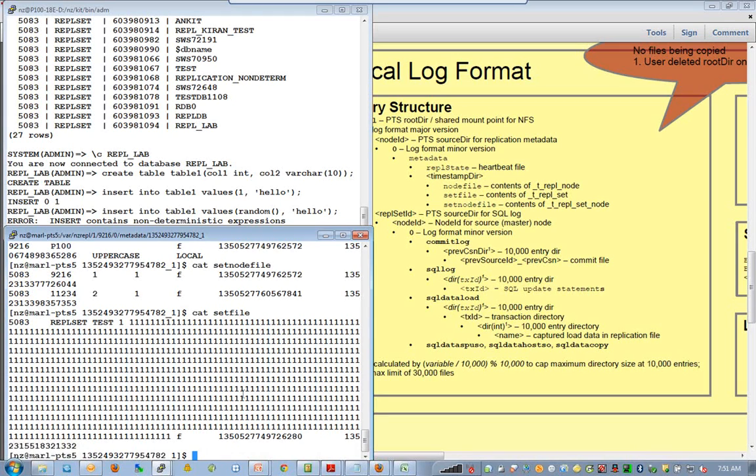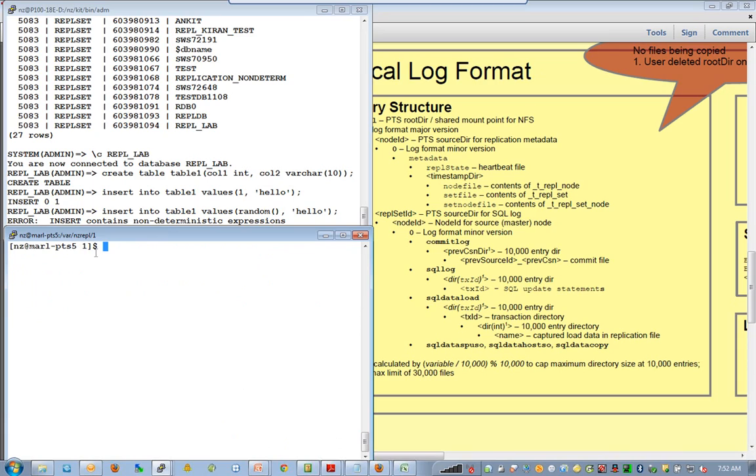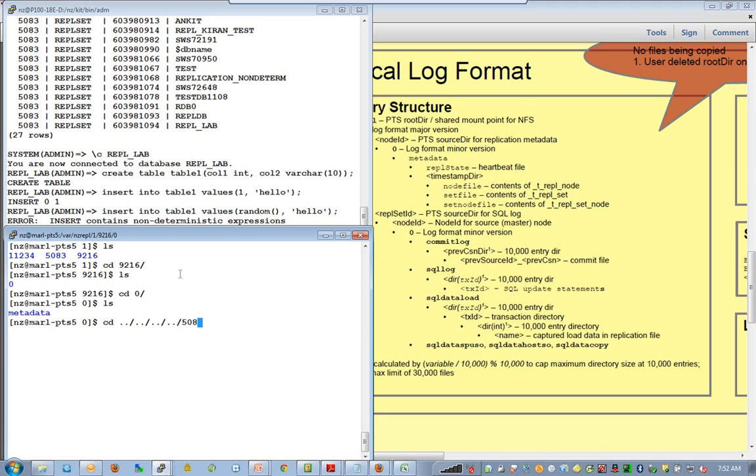Next, let's look at the replication logs, how that is captured. So we are back at this log format major version here. The node ID for this is 9216 and 0, which is the log format minor version. So the one corresponds to the set has